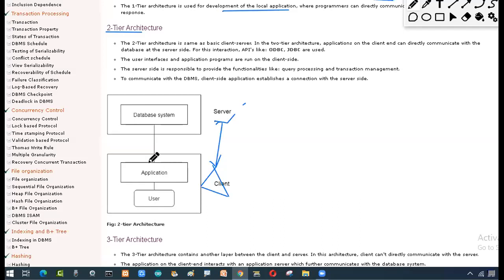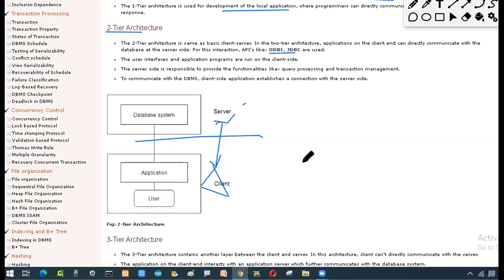Now for this, we require a mediator. So here the mediator will be ODBC and JDBC, that is Open Database Connectivity or Java Database Connectivity. Now why is it required? Because my application is developed in some software and the database is some other software. Say my database is Oracle, or Ingres, or MySQL. But coming to the application, I can develop it using PHP or Java or ASP or JSP.